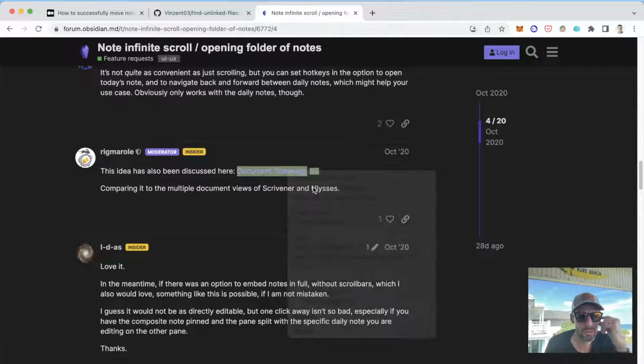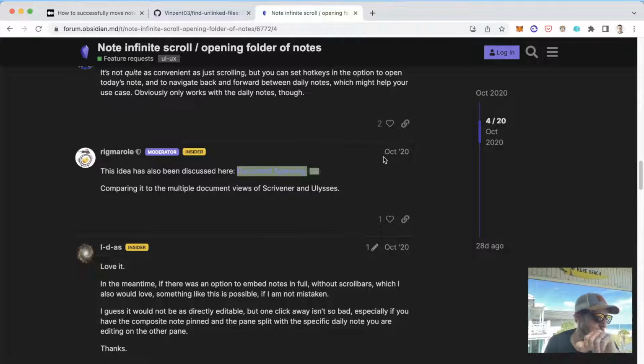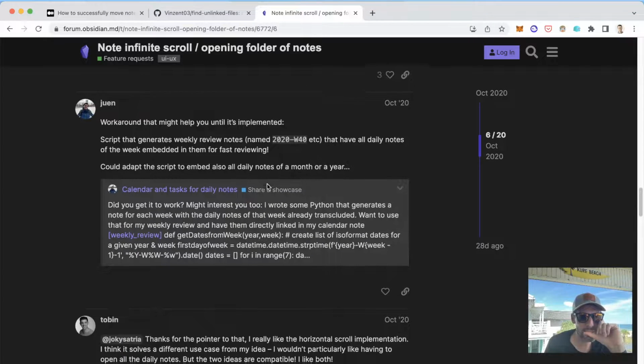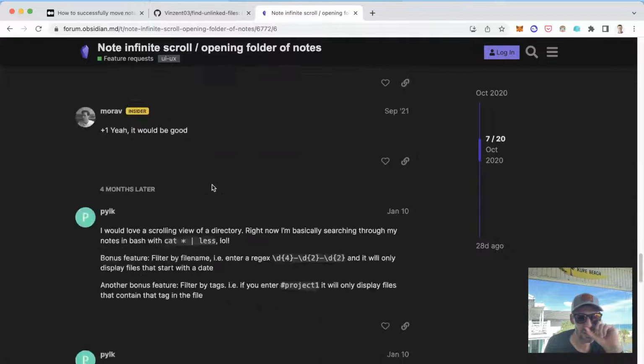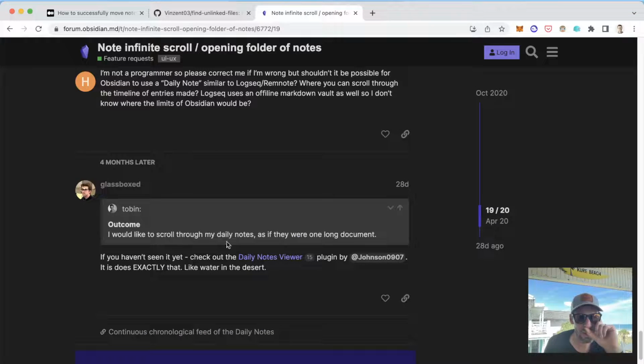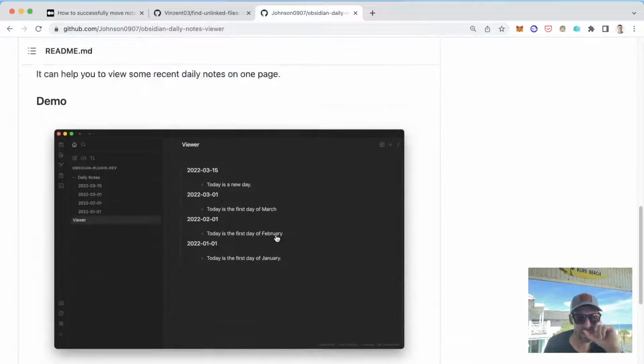Discussed here in document spanning. Notice that these forum posts are from October of 2020, so that's not necessarily encouraging. Workaround. Let's go to the very bottom of this and see if there's anybody talking about some later. Okay, 28 days ago, the Daily Notes Viewer plugin. All right, let's take a look at that.